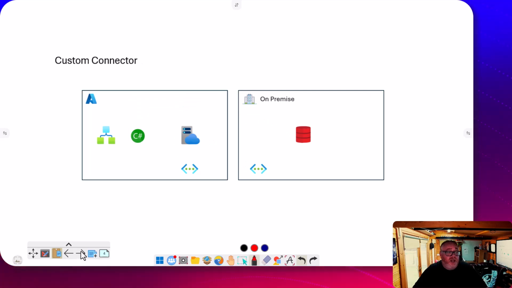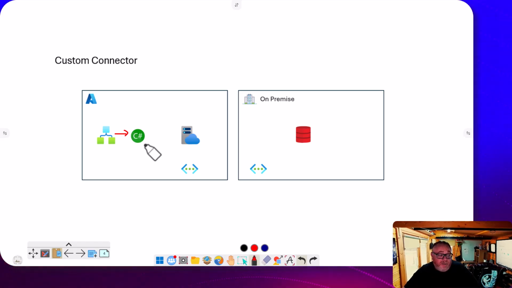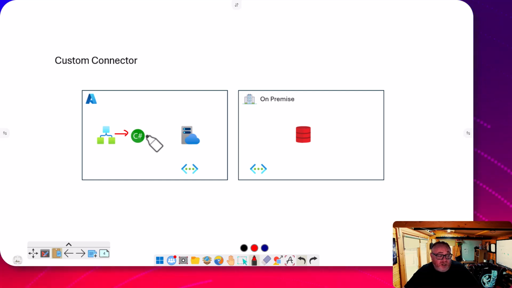Okay, the next option we have, so now we're going to lower level options. If you wanted to, on Logic App Standard, you can use the service provider model and you can build your own custom connector. So you're building your own built-in connector where you would have a language like C# that your workflow calls, your code executes, and you would have to put in various DLLs for the Oracle connectivity. But at this point, your code executes, and you can call through the app service, through the VNet integration, and